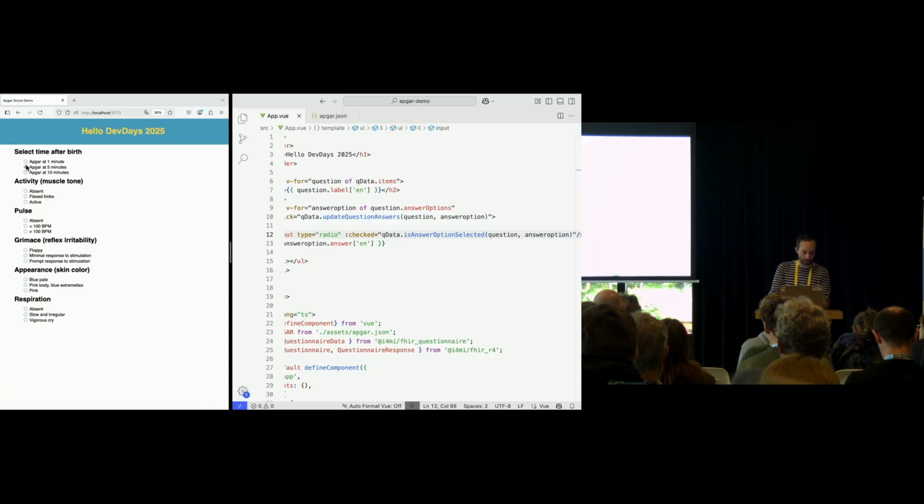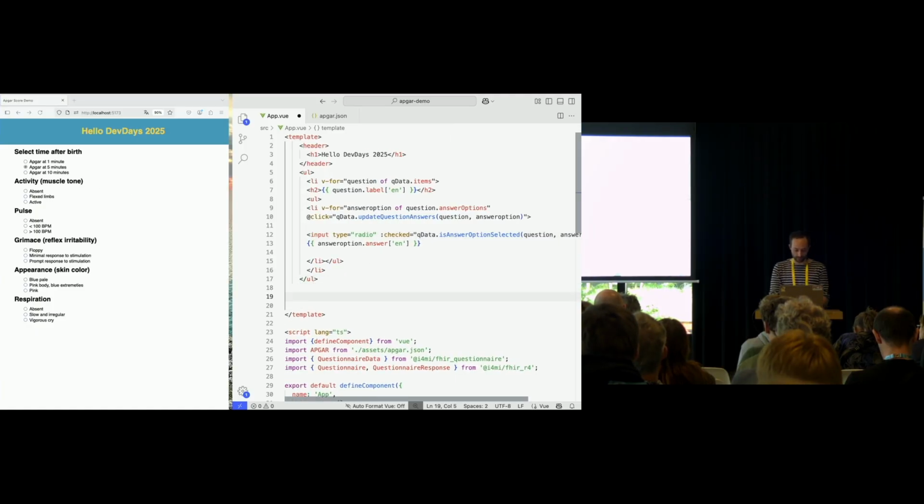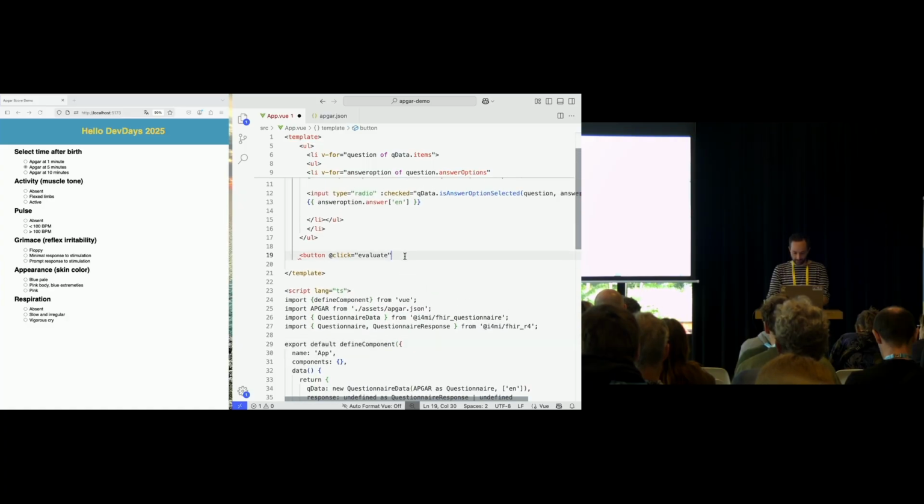Yeah, now it works, and of course we don't just want to enter the data, so we have to have a button that calls the evaluate method that I defined below,